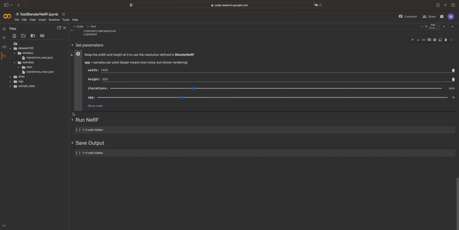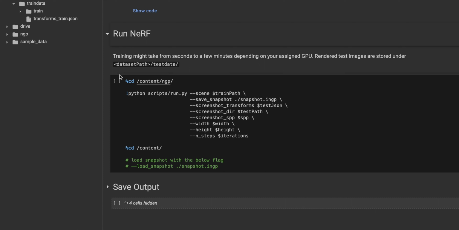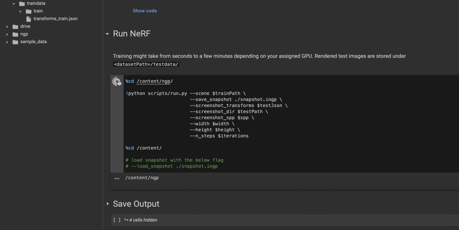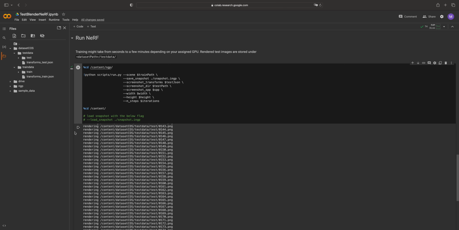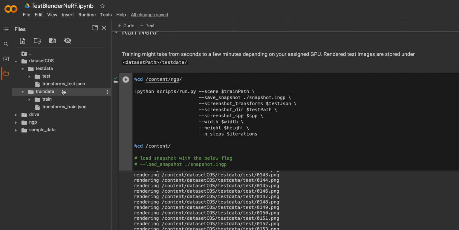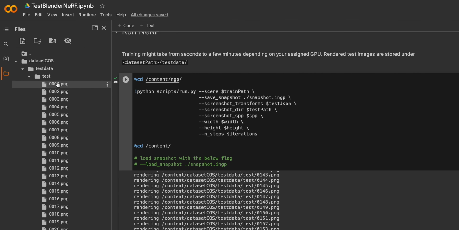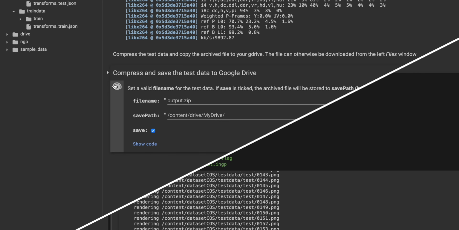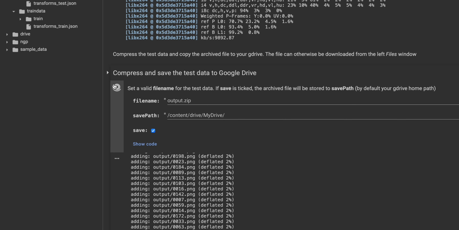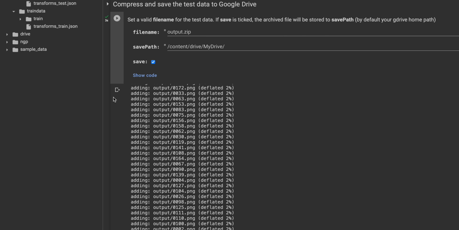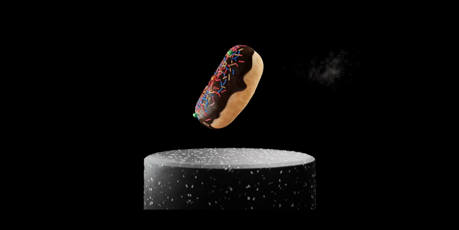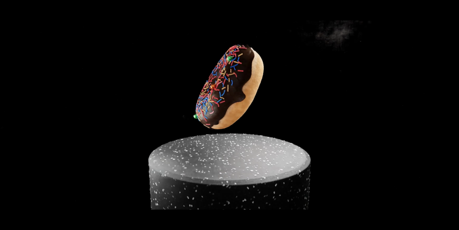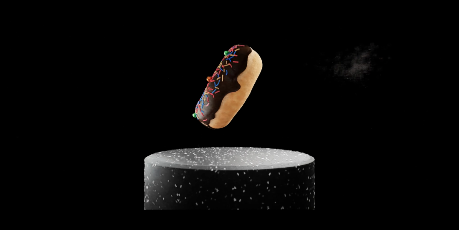Finally, all there is left to do is to run this cell, which will train my NeRF and render the frames for my test camera path. After a few minutes, everything is stored under my test data folder in the test subfolder. The last code cell gives me the option to compress and save my test frames to Google Drive. And here's my animation once I downloaded the frames from Google Drive and stitched them together.